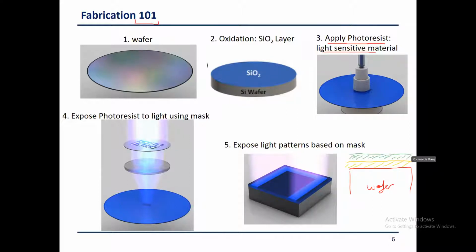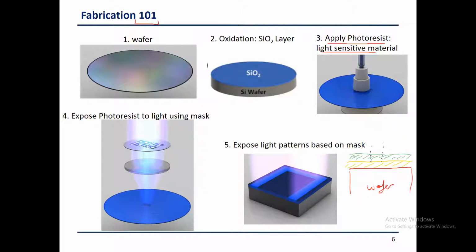Now if a mask says that I want to shine the light on this area here, okay, then this piece of the photoresist will be exposed. It will be vulnerable to specific chemicals,